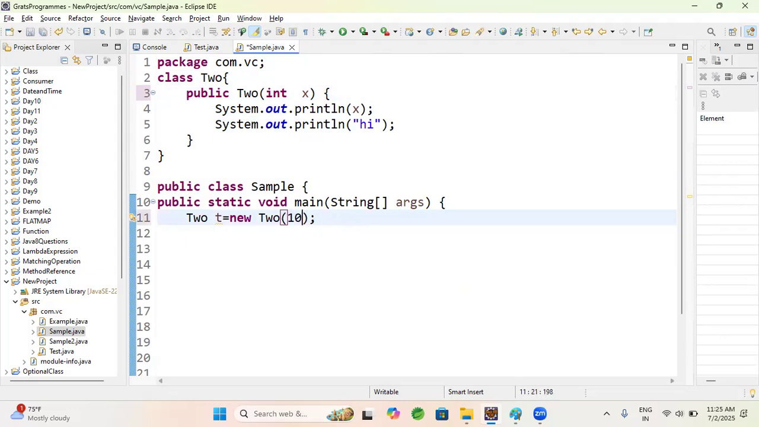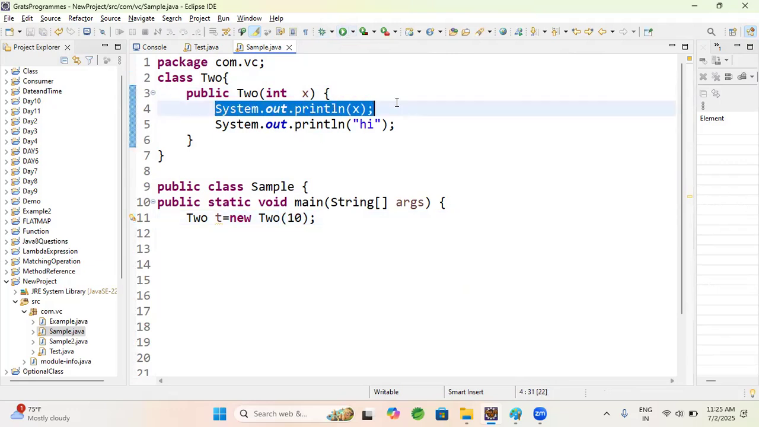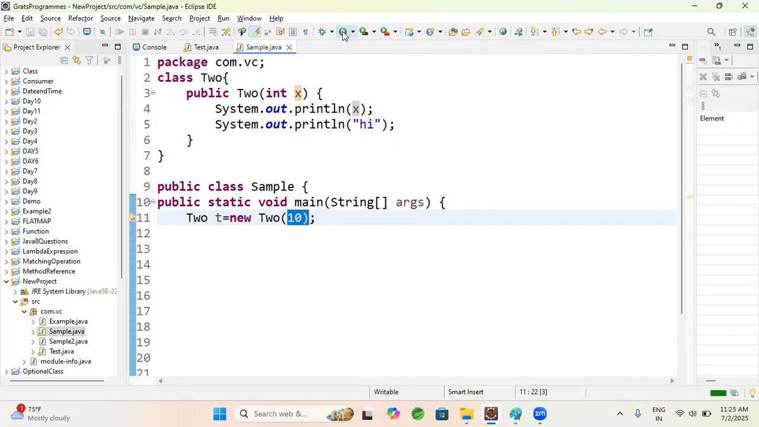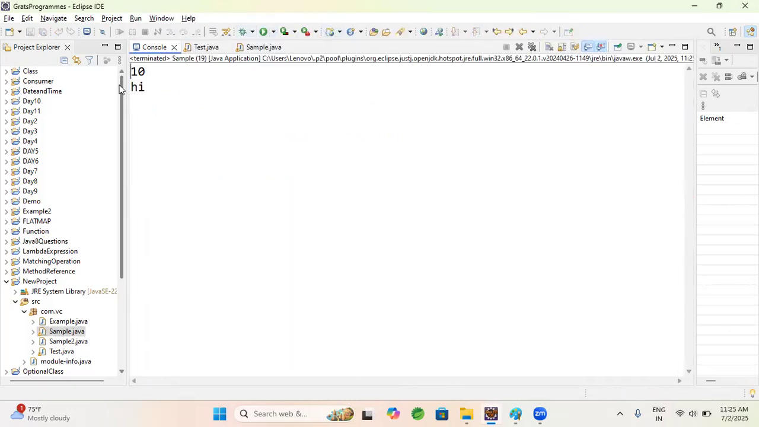I'm going to take an integer value. Let me print. I'm going to get two outputs. I'm going to get the value of x also, and I'm going to print a simple hi message. The value of x is the value I gave here. When we're creating an object for the constructor, at that time we give the value. That value is printed as the x value. Okay. Let me execute. So I got the value of x as 10, and then I printed a hi